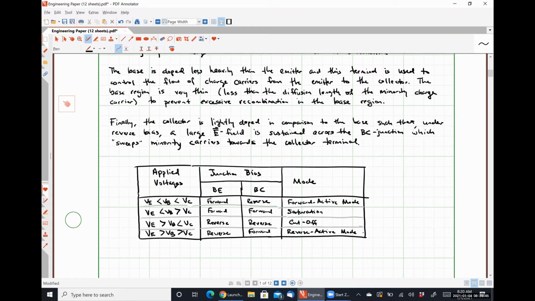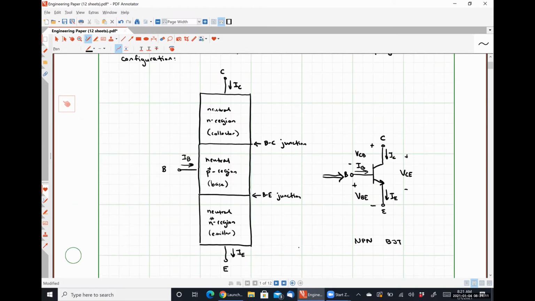So what we're going to be doing for the rest of today's class is talking about how the device behaves in the forward active mode. This is effectively the exact same thing as what's happening in the reverse active mode, except that we'll find that the transistor is significantly less efficient at doing what it does when it's in the reverse active mode. So in the reverse active mode, effectively, we're making the collector the emitter, and it doesn't have a whole heck of a lot of electrons to be able to emit or inject into the rest of the device